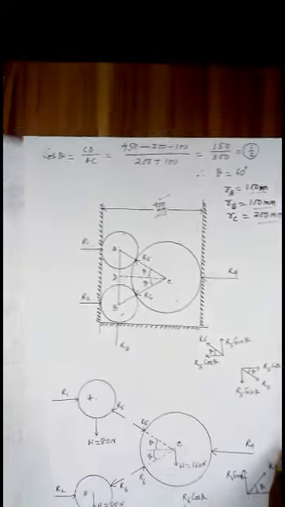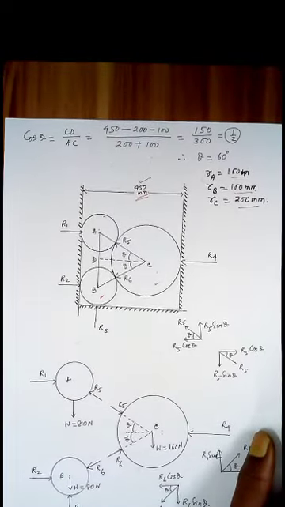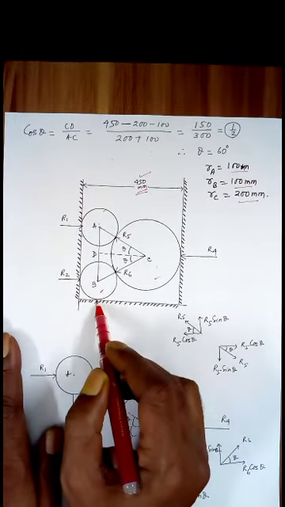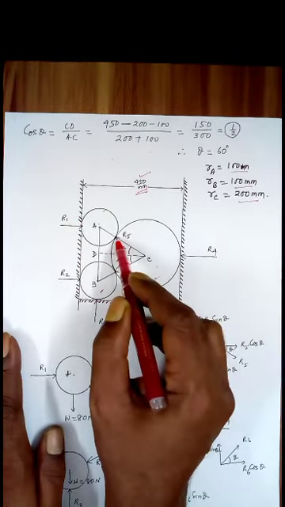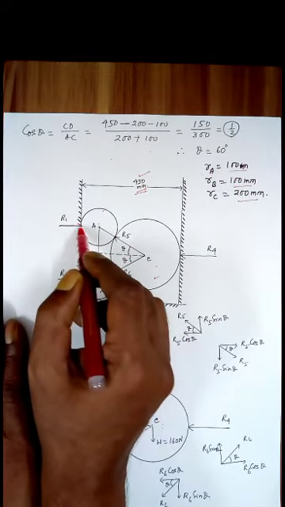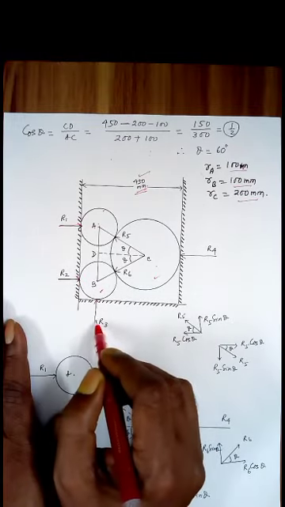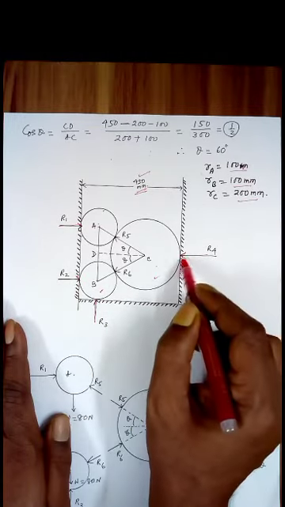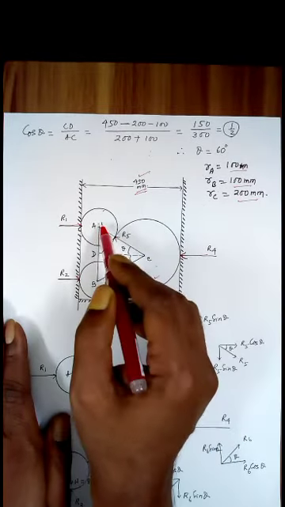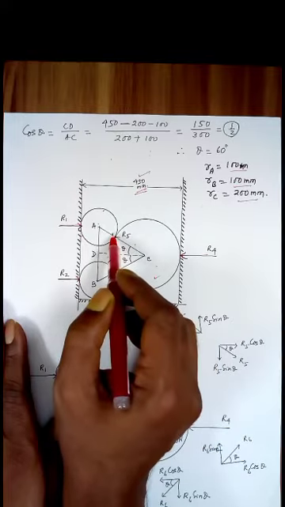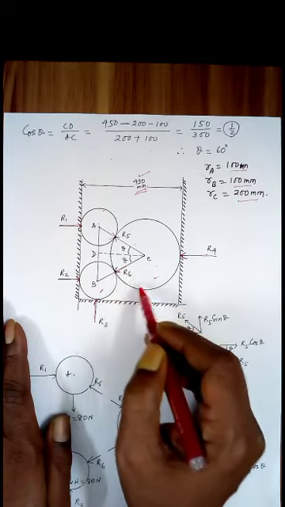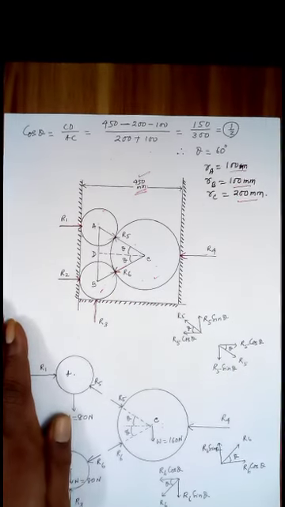So what we have to do first is identify the points of contact. Then it becomes much easier. Here is a point of contact, here, here, here, here, and here: 6 points of contact. Let the reaction force here be R1, here R2, here R3, here R4, and here R5 to this, also R5 to this, and here for this it is R6, and for this it is R6 to this side, right?